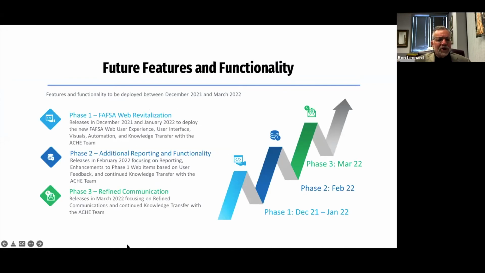All right, so I've shared a little bit with you about the migration to the new platform. We're going to continue to make enhancements to it. There's going to be additional reporting capability. We're currently in that first phase. We're launching into the second phase.